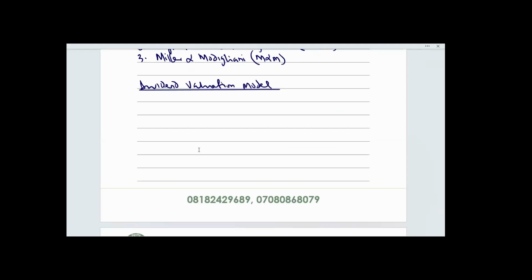The dividend valuation model, or cost of equity using dividend, let me use acronyms, using dividend valuation model